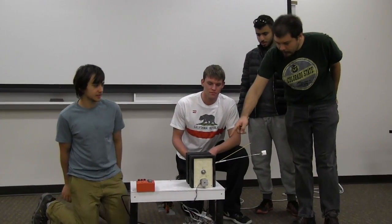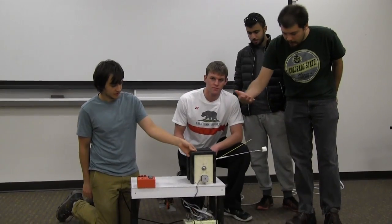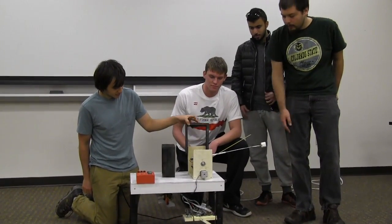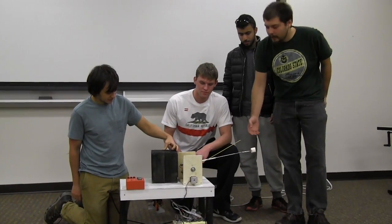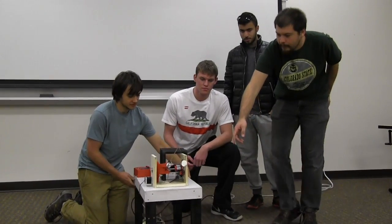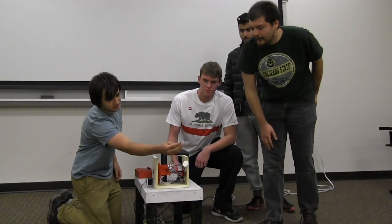This is our marshmallow roasting machine. We've got an arm here connected to this stepper motor that will hold the marshmallow over a flame or whatever kind of heat source you like to use to roast your marshmallows. And it will adjust the height to keep a temperature right here at this thermocouple consistent, so you get a